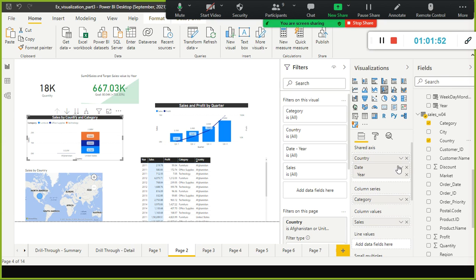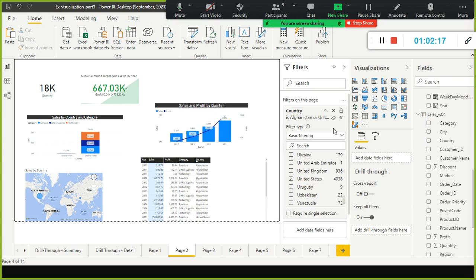Okay, since we are using hierarchy, we can see the drill up and drill down arrows got enabled here, right? So now Afghanistan and United States, and here also the United States and Afghanistan, the filter got applied on this entire page. So now I will clear this one.